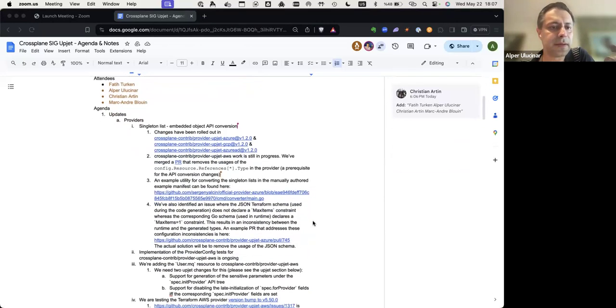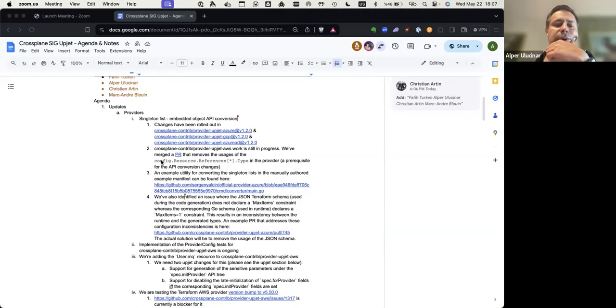So let me start by giving some updates from the official providers landscape. We have an ongoing task of converting singleton lists to embedded objects. I don't know if you folks are familiar with what's going on here, but the underlying Terraform providers use lists with a max items constraint of one to represent embedded objects, basically.